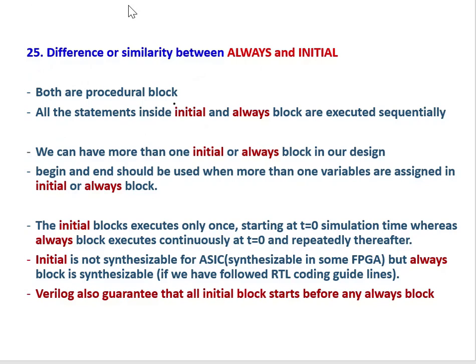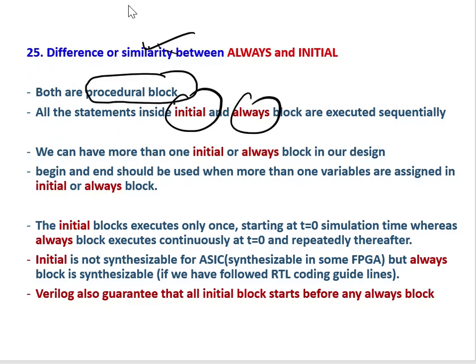Difference or similarity between always and initial. Similarity is both are procedural blocks, and all the statements inside initial and always blocks are executed sequentially. Okay. And the difference is